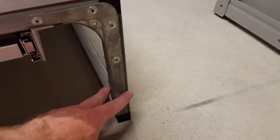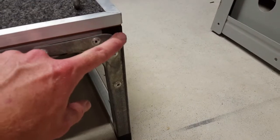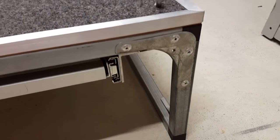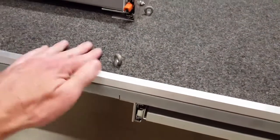Just made with 25 square steel with these braces and rivets and hard resin joiners. That's the best way to get this 1.6mm square steel, actually get the frame square. And there's a 12mm MDF top with marine carpet on top, aluminium trim to finish,